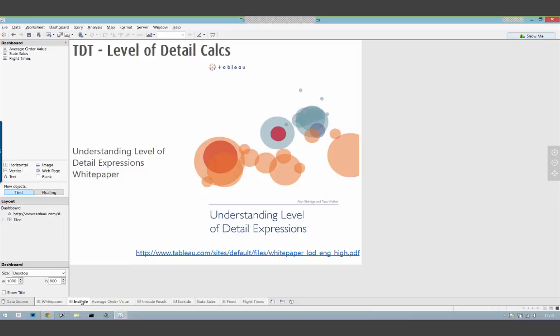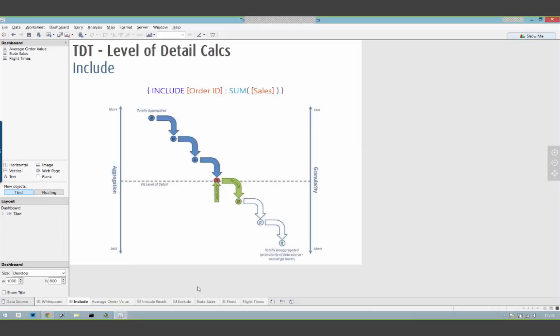The first calculation, and there are three, is the include level of detail calc. This is a great way to show what's going on in the background and how to think about how Tableau is disaggregating data from the very top when we don't have any dimensions in play, and then going through as we step through different levels of detail within the viz.